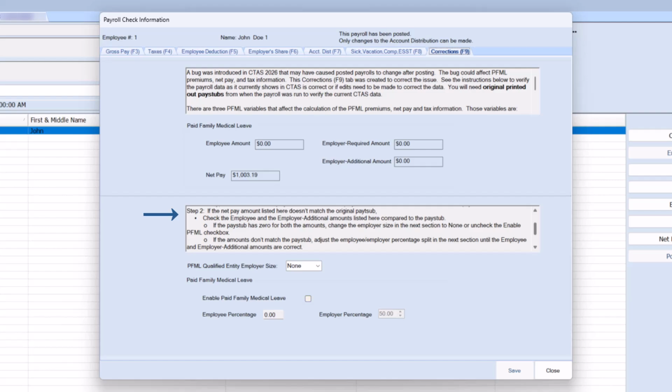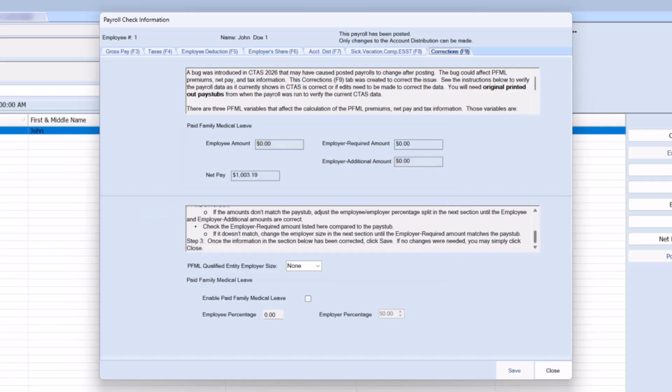If the amounts don't match the pay stub, adjust the employee-employer percentage split in the next section until the employee and employer additional amounts are correct. Check the employer required amount listed here compared to the pay stub. If that doesn't match, change the employer size in the next section until the employer required amount matches the pay stub.